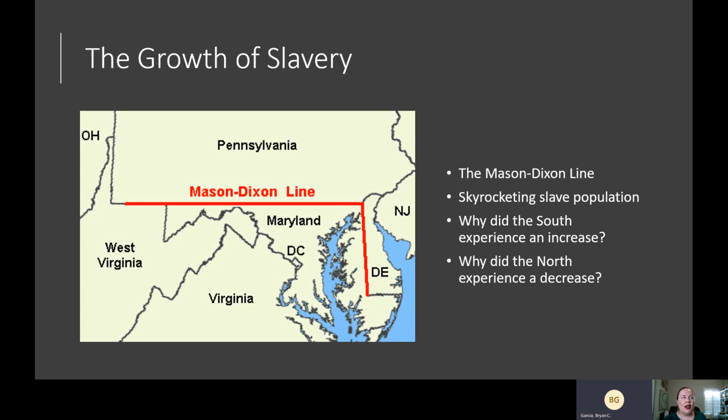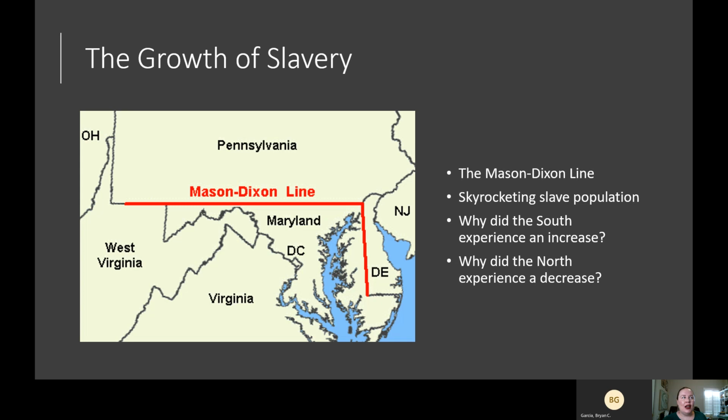Yeah, so in the northern states, you're right. There's less of these large scale commercial farms producing a crop like cotton, a valuable export. And also, as we move to factories with the Industrial Revolution, it doesn't make sense if you're a factory owner to have slaves. It's far more cost effective and flexible a labor option to pay somebody by the hour. So as we see this shift towards wage labor in the North because of industrialization, slavery just basically starts to die out already.